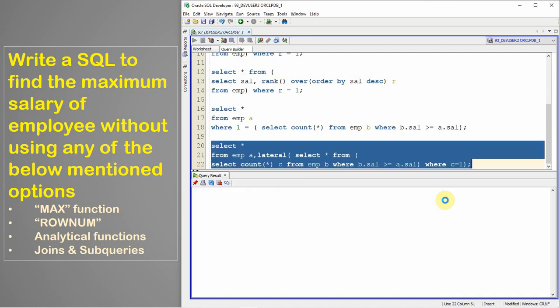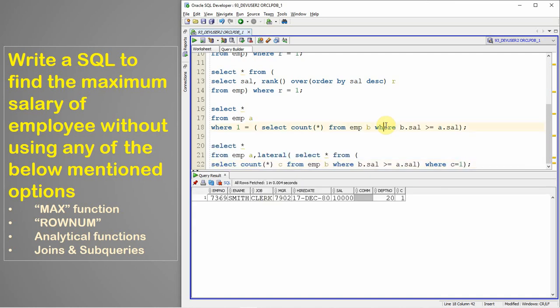In fact, the logic of the correlated subquery and the lateral join is exactly the same. In the correlated subquery, we are equating the condition here, checking how many employees have a salary more than or equal to that of the employee table A. Same logic, I'm just putting the condition here. In fact, both will behave quite similarly. So this is the next method of implementation, using the lateral join.